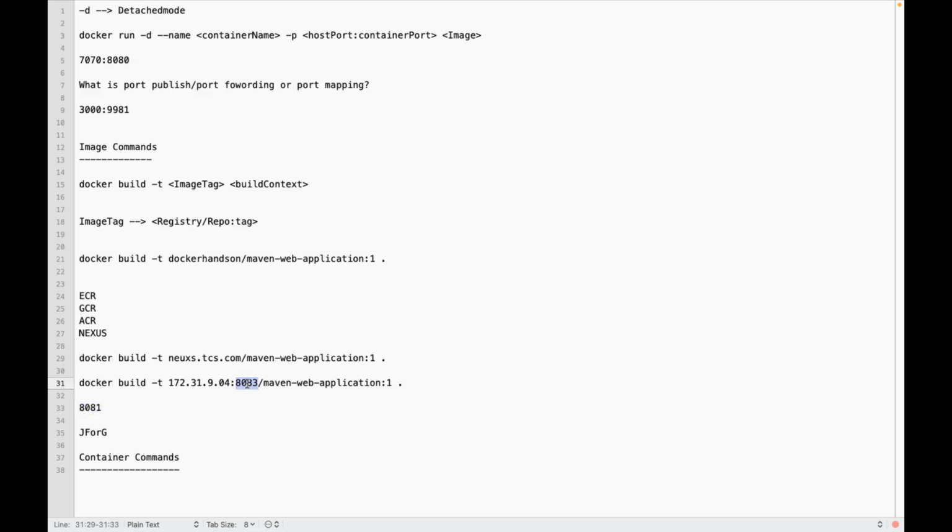You need to give a separate registry, a separate port. This is your Docker registry port. Even though Nexus is running on 8081, this is different. When you are creating a Docker repository in Nexus, a Docker hosted repository,